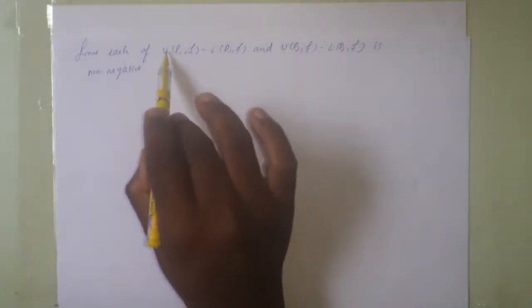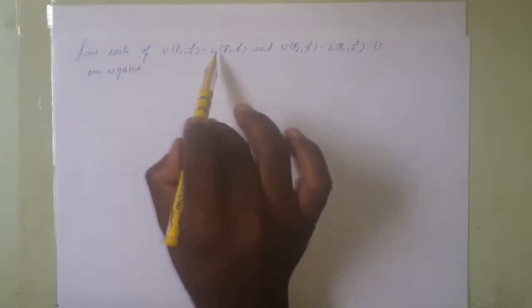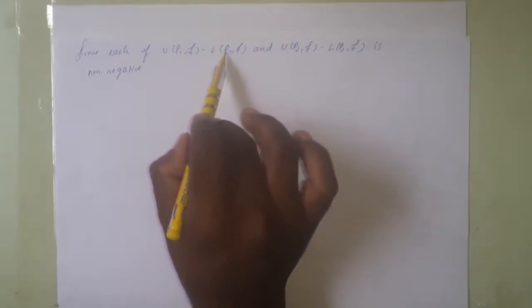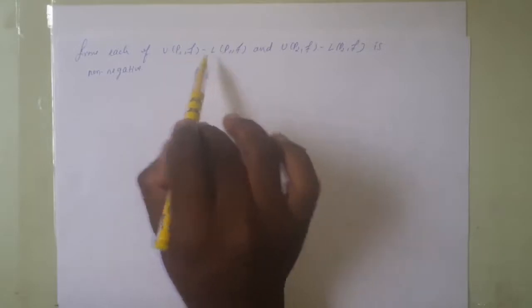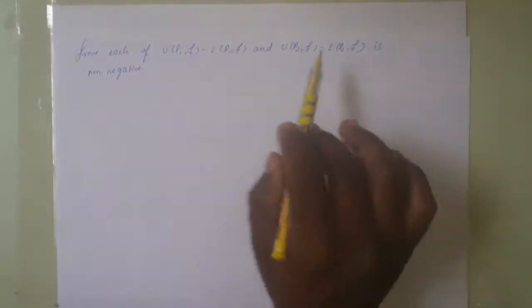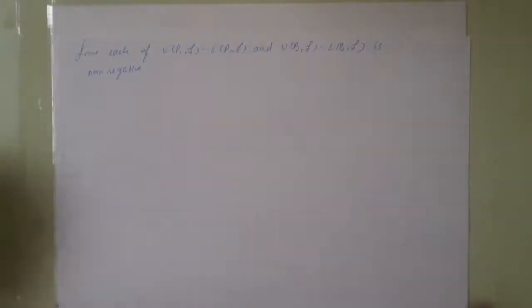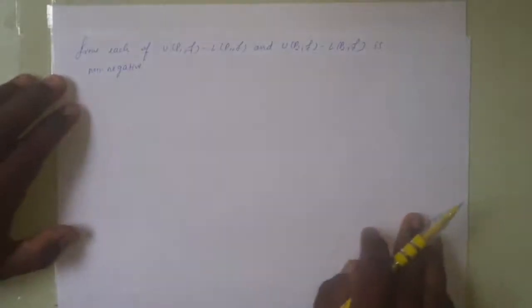So, therefore, here the upper Riemann sum of the function F on the partition P1 will be greater than the lower Riemann sum of the function F on P1. So, therefore, its difference is always greater than or equal to 0, and similarly U P2 F minus L P2 F is also greater than or equal to 0. Hence, they are non-negative,